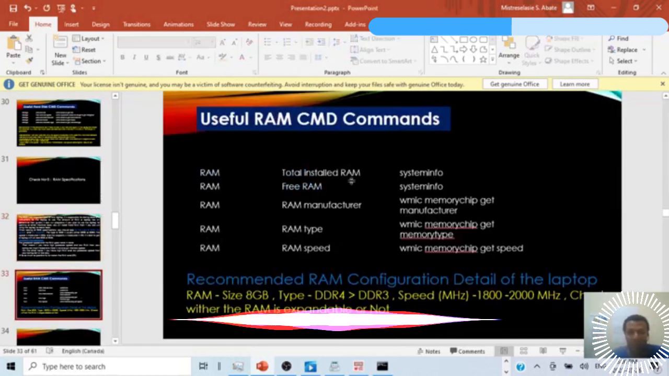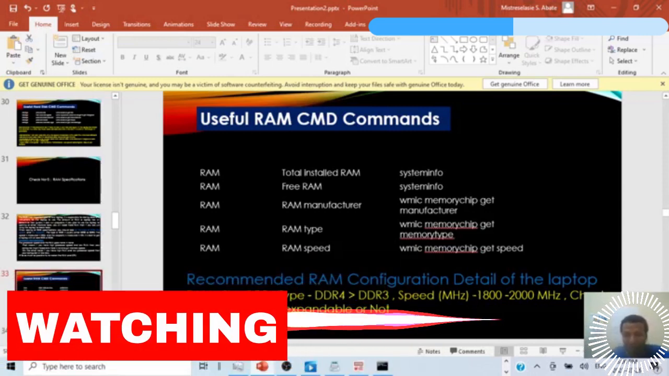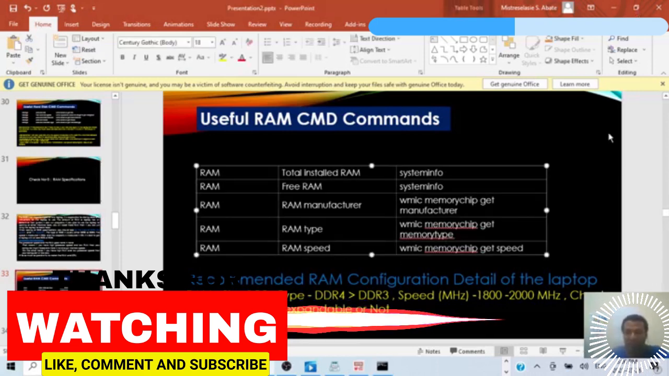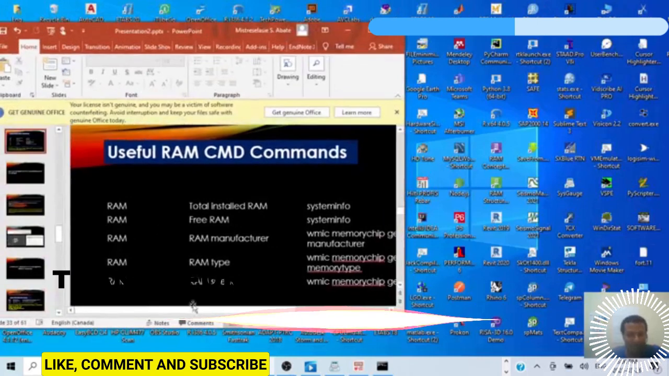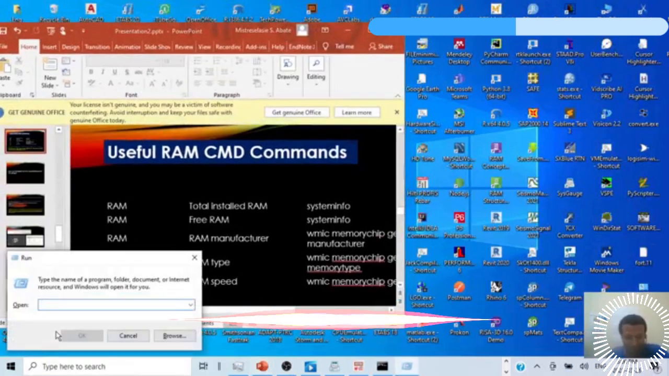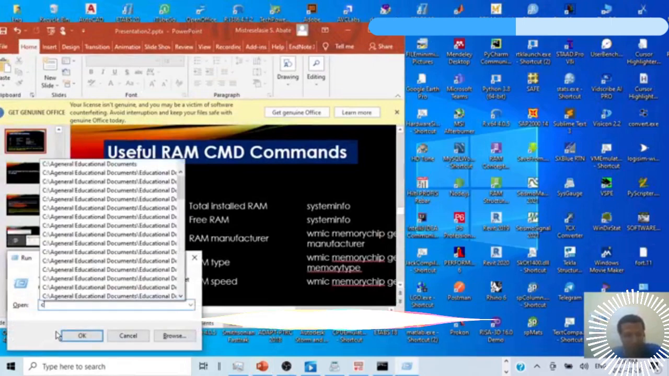That is another point. So as you can see, RAM size 8 GB, type DDR4 or DDR3. DDR4 is better than DDR3. Always the higher is the better, okay? Speed in megahertz, like 1800 up to 2000 megahertz. And check whether the RAM is expandable or not. These are very important. And as usual, I have the command here: Windows plus R and command prompt,